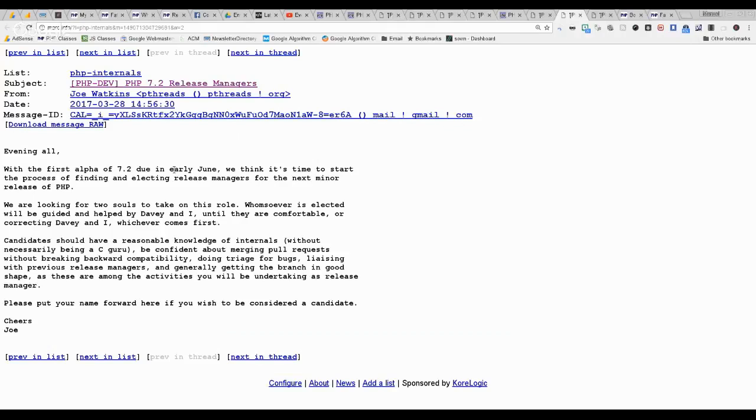They are just preparing to elect the release managers, basically those brave people that will take care of all the headaches to make everything work and verify that all tests are in place, to make sure that when PHP 7.2 is finally released to the public,